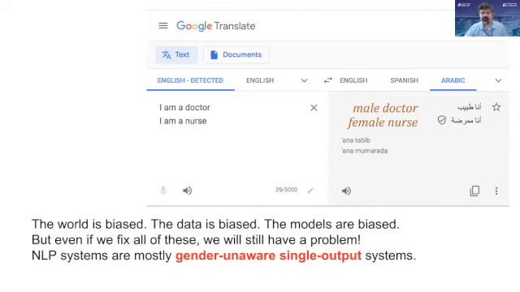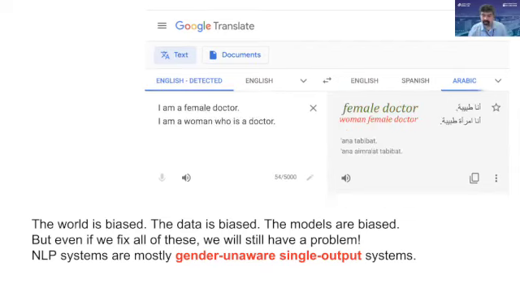Now you could say we should always generate multiple outputs. That's actually not practical in some contexts. Imagine the situation of speech-to-speech translation, and somebody says something, it's not going to generate two different versions. You have to have the human in the loop saying, are you this, are you that? But effectively, you need the single output system in that case. So this will continue to be a challenge.